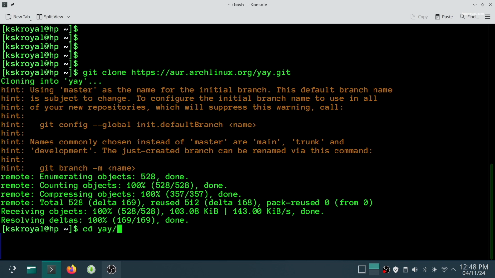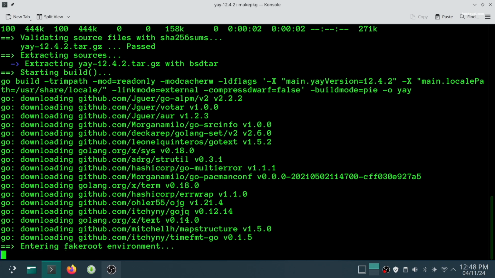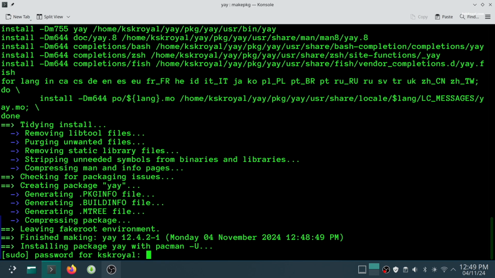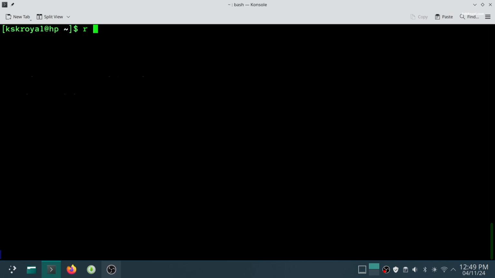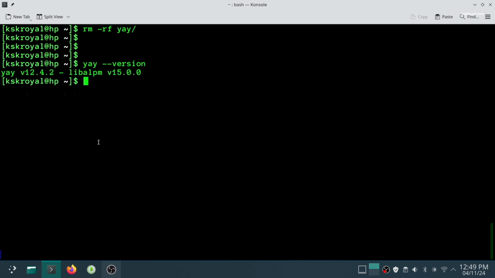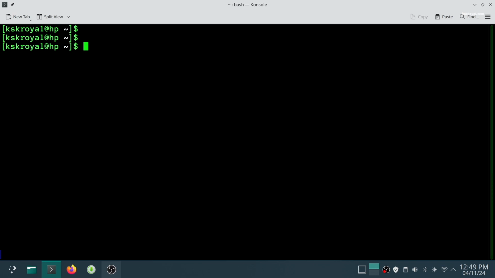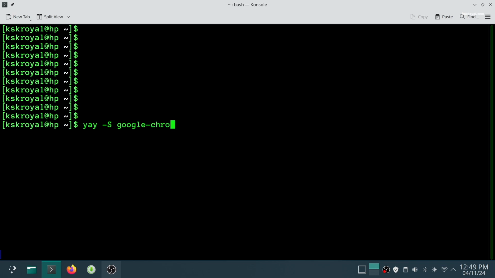After that, navigate into the Yay directory and run this command to build and install Yay. Once Yay is installed, you can use it to download any package or GUI application not found in the default repositories.